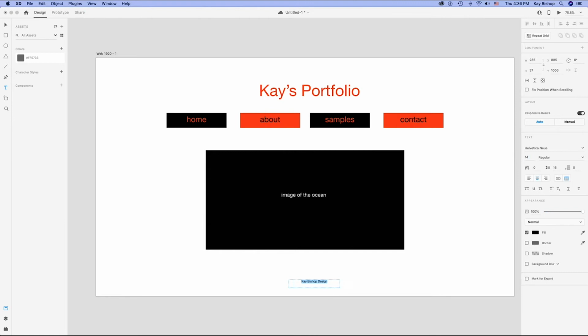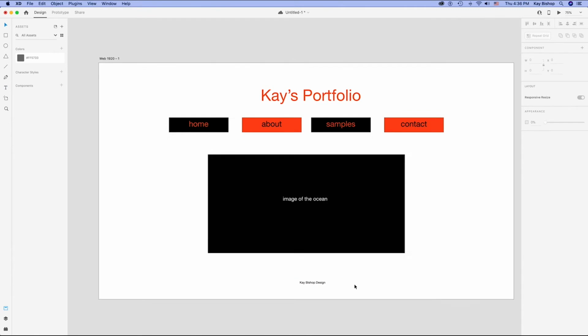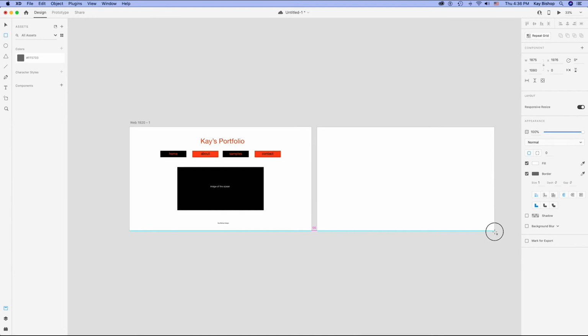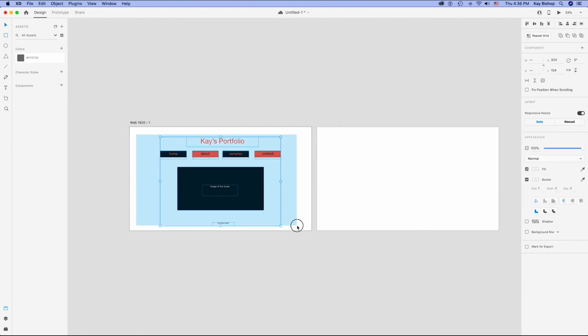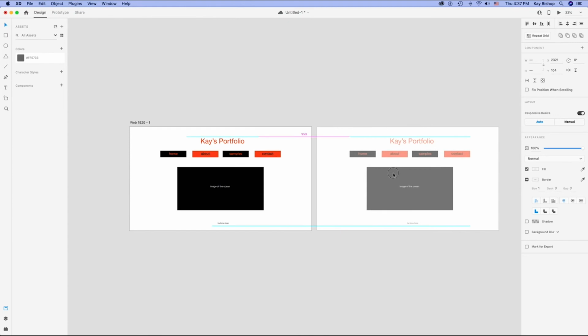and make that small. All right, so I've just got a basic wireframe for my home page, and then I'm just going to hit Command minus to zoom out, and I can create another page here. I'm just going to click and drag, and type in the size, which I know is 1920 by 1080, and I could even just copy everything I have over here or duplicate it by hitting Option